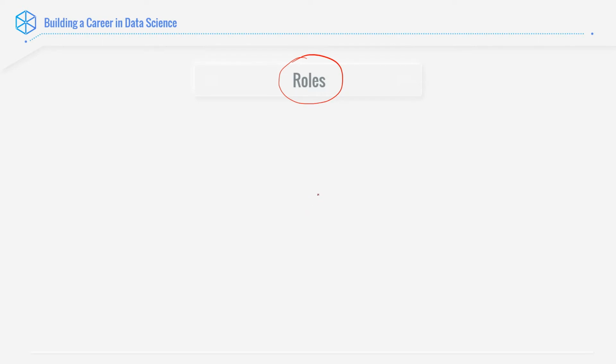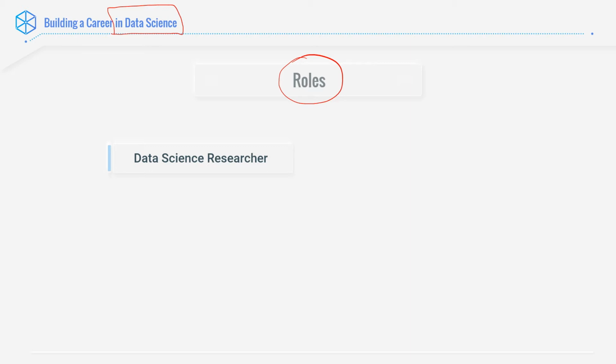Now, if you pay attention to the top left of the slide, it says building a career in data science. It does not say building a career as a data science researcher. It is very important to know that, let's say you're learning software development. When I was learning software development, the only job I knew was software developer, that too a Java.